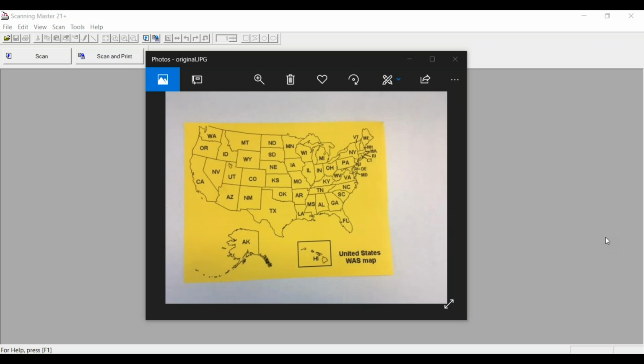And right now I have our sample document up on the screen, and it's a map of the United States with a yellow background. What this is trying to emulate is an older document that used to be white and now it has turned yellow. So what we're trying to do is take that yellow age patina out